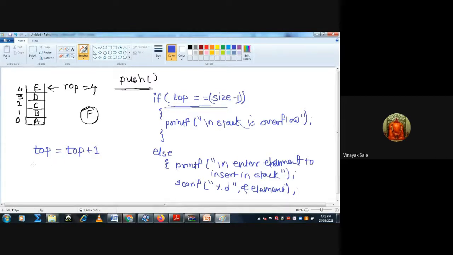Then suppose the stack is an array, then stack of top is equal to element, and close the bracket. This is the code for the push operation. All of you get it? Is there any query regarding this code or this algorithm?